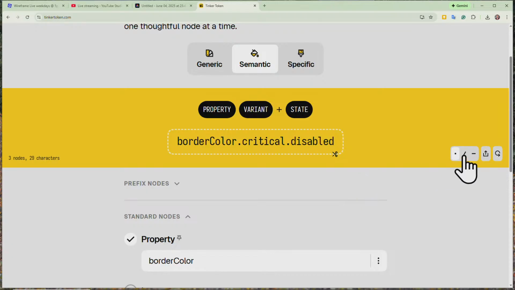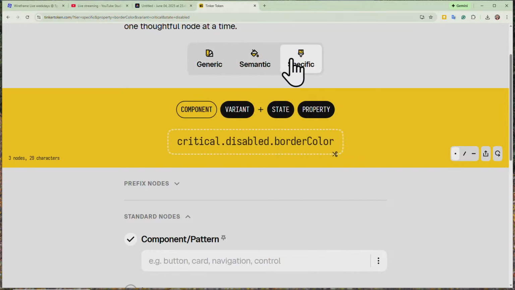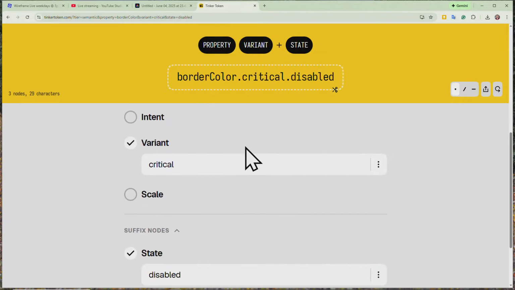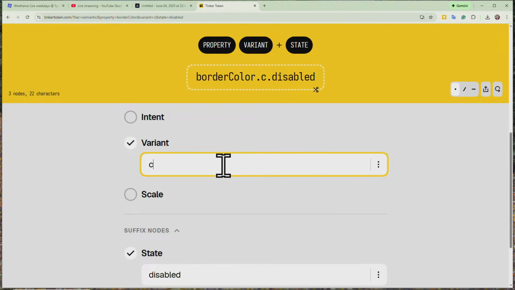But a couple of buttons here, you can see the delimiters you could change for this over here. You could share this. Apparently, you could refresh this in some way, right? You have different kinds of token structures. You have a generic one, apparently, a specific one, and of course, a semantic over here. And if you click these things here, they actually scroll you down to how this is constructed. So you can actually change this to, I don't know, something like danger if you wanted, which I don't necessarily recommend danger as a thing. Actually, critical is more like it.